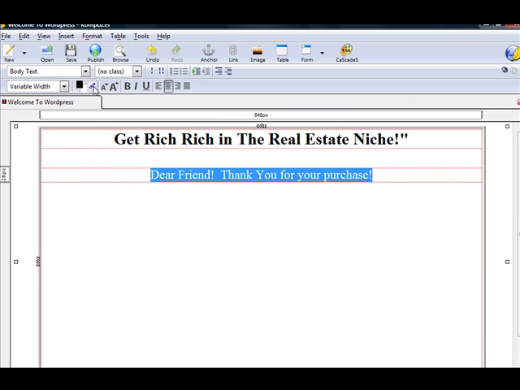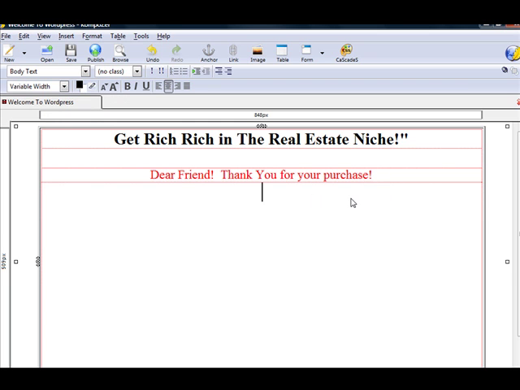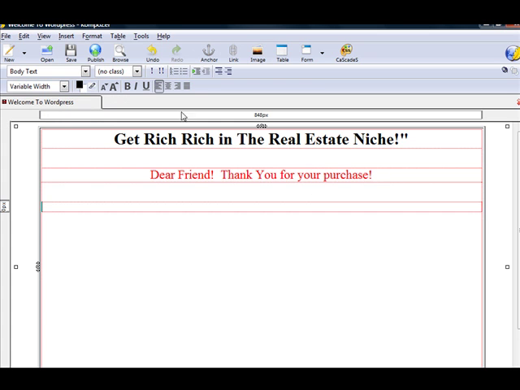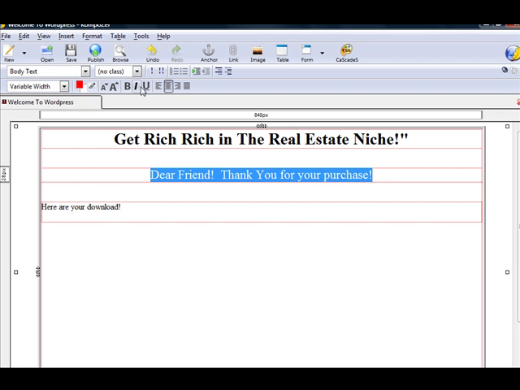Now let's say you want to change the color. So we're going to click on Color, and let's add some red to this page. So just highlight red and press OK. And then go down to your next line, and we're going to want to move it over, and we'll just start typing. Here are your downloads. Okay, and what I usually do before I start editing and adding like red and bold